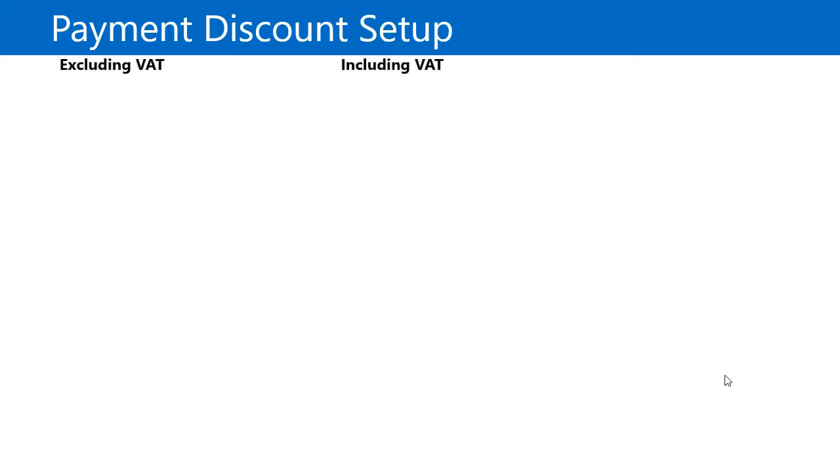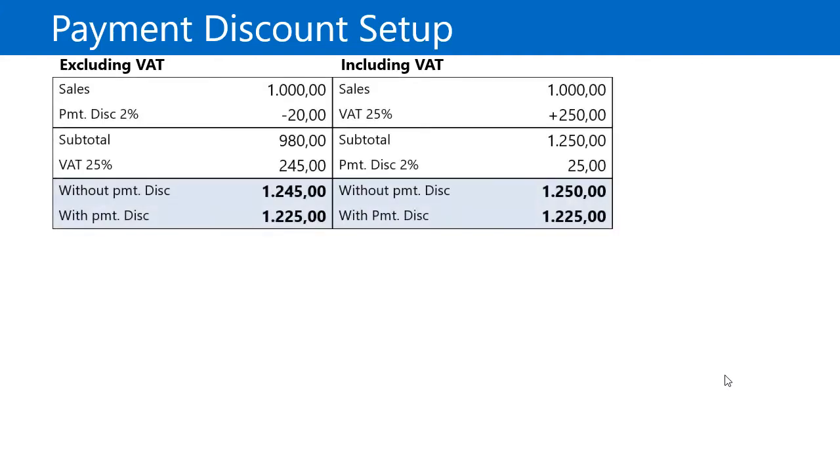And suppose that here you can see the two systems. There's excluding VAT and including VAT. Suppose that we sell for 1,000. And by the way, this is a sales example, but it's exactly the same for purchase. So we're selling for 1,000. And if we look at excluding VAT,